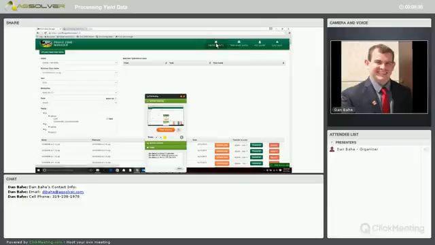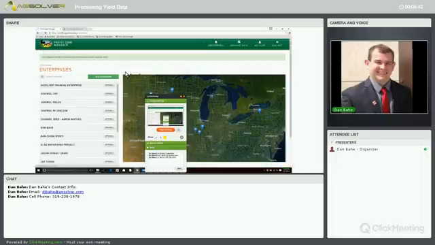And actually, what we're going to do within our enterprise page, once we've uploaded that, is go in